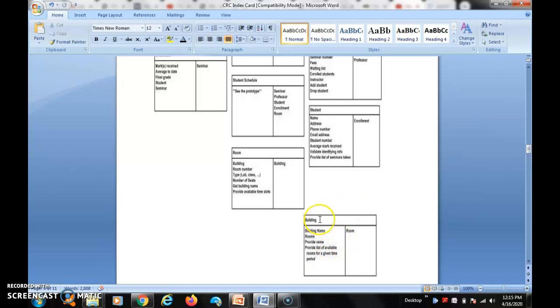Another way: every building has an attribute. That attribute is building ID, building address, building name, etc. So it is an attribute. So attribute-wise, what is the responsibility? What is the collaboration? You have to mention.